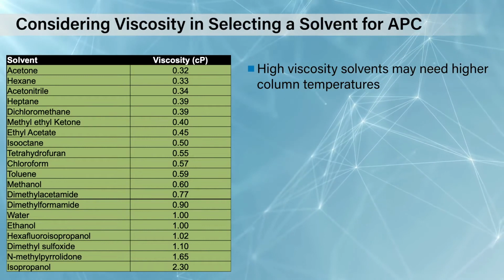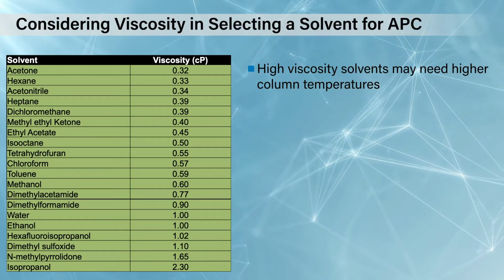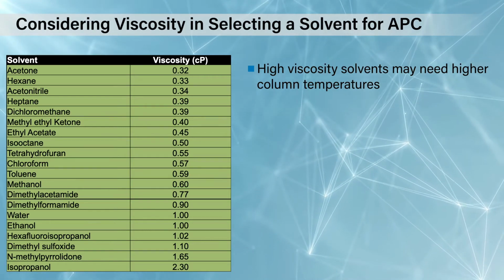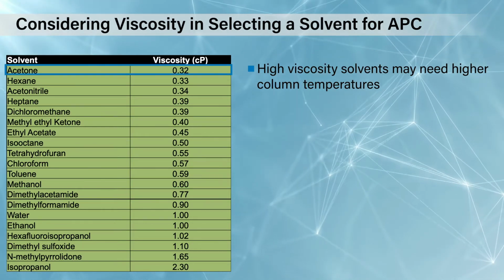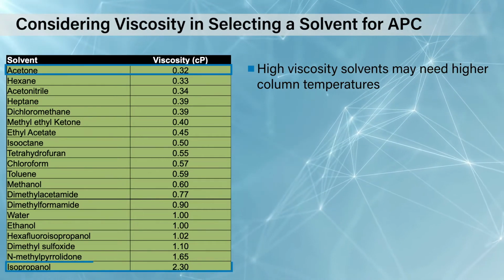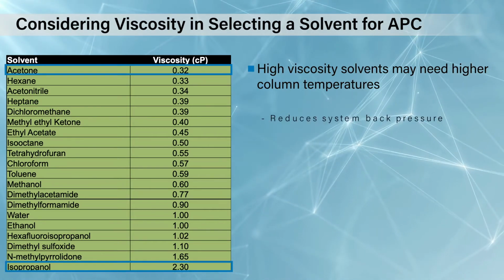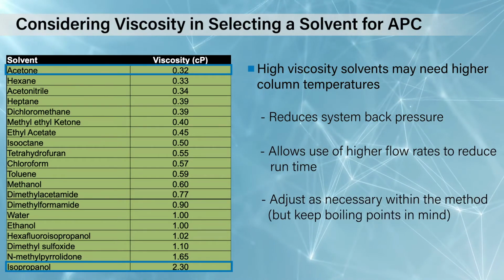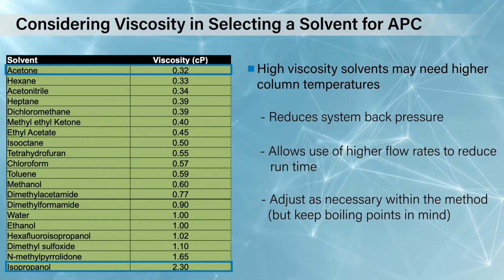So looking at some of the viscosity values that you can have with our solvent selections, you can go all the way from a very non-viscous solvent like acetone, all the way up to something that's extremely viscous like IPA. And so you can imagine, depending on where you are on the scale of this viscosity, you're going to have very, very different back pressures, and that's going to have a big impact on your speed because of the high back pressure, and also the efficiency of the separation itself.